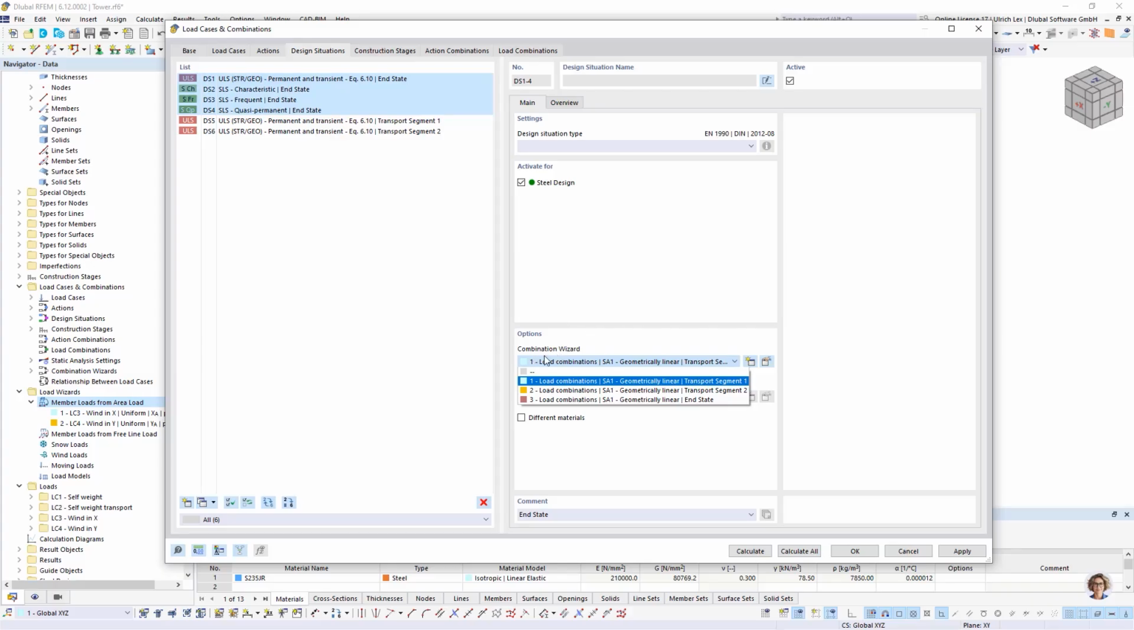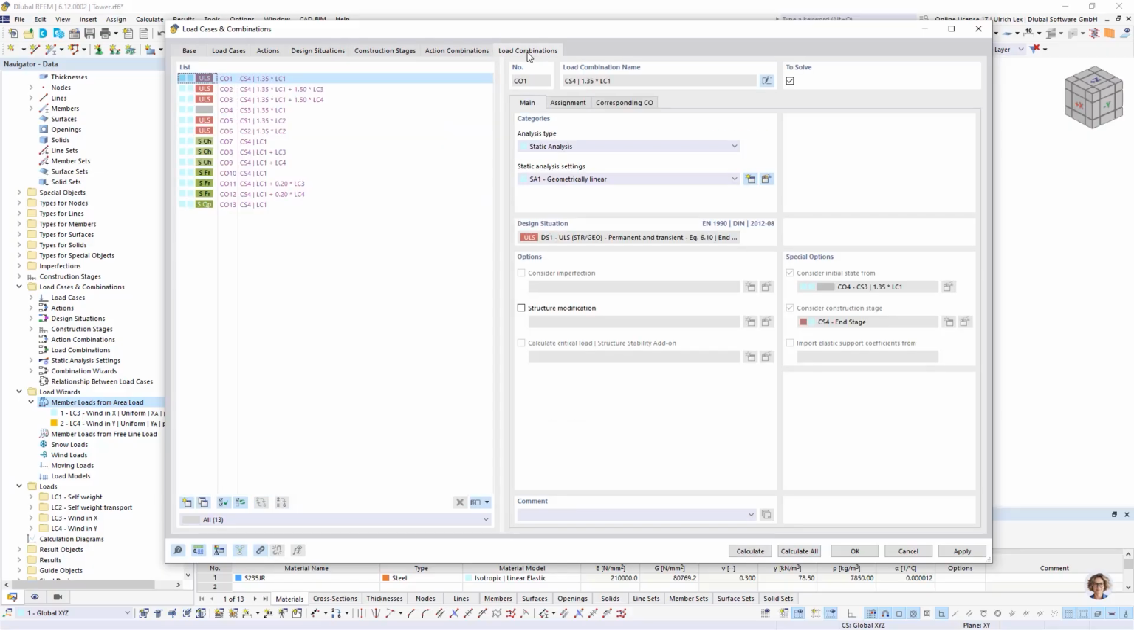I forgot to assign my correct combination wizard for the end state. So again, go to the load combinations, and these load combinations are created automatically. Now we see for the load combination 1 till